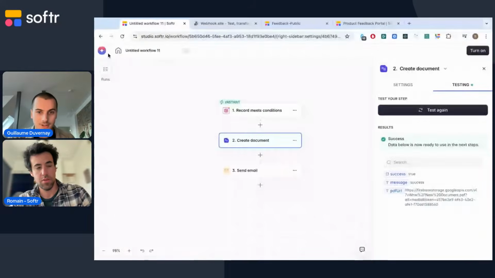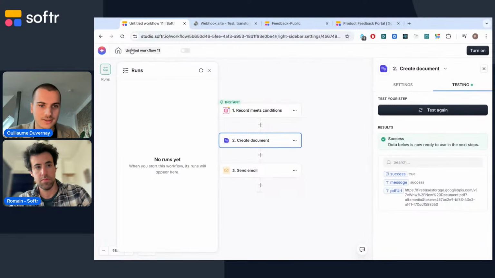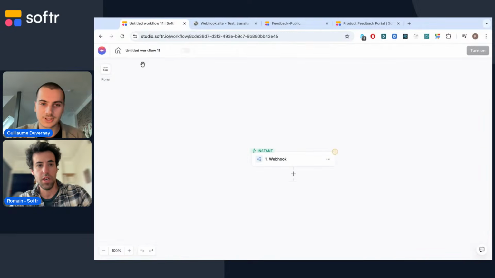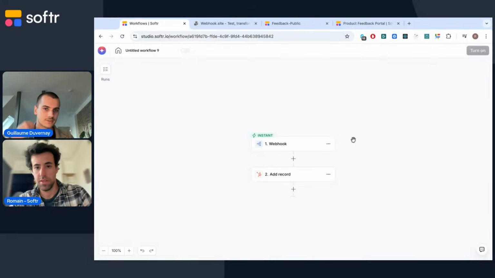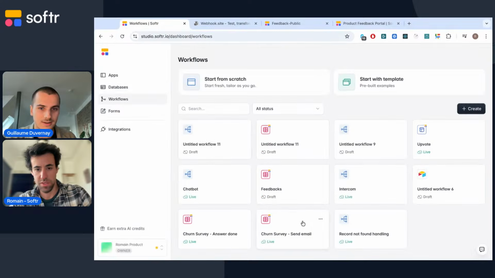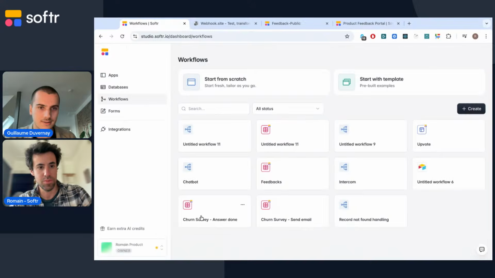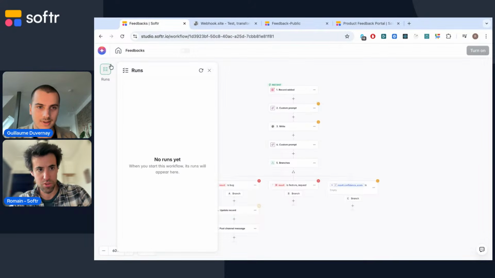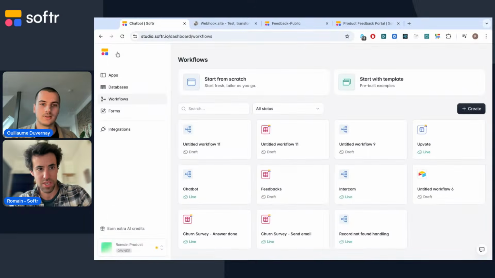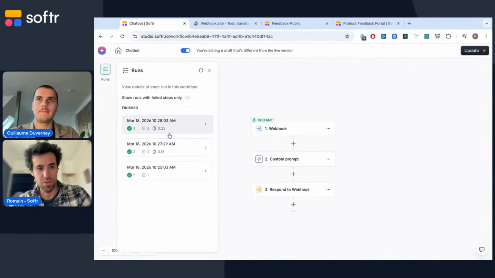There is one thing we didn't even mention, which is the logs of your workflows. Did we actually mention that? Or should I show you a screen for a second? Yeah, the runs. I think that's interesting. Let me see if I have some runs here.